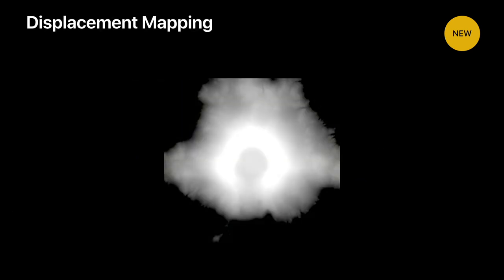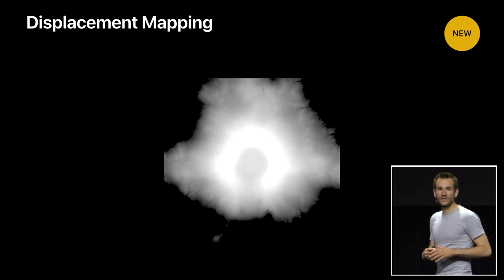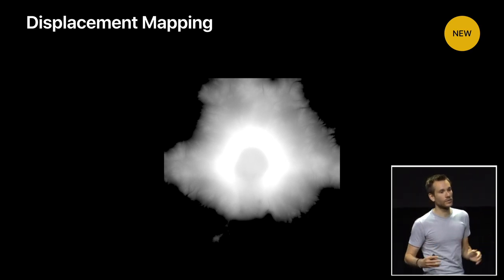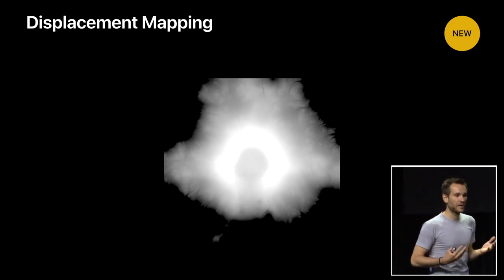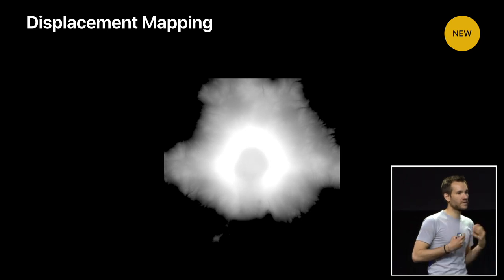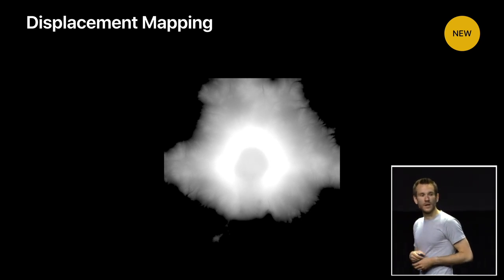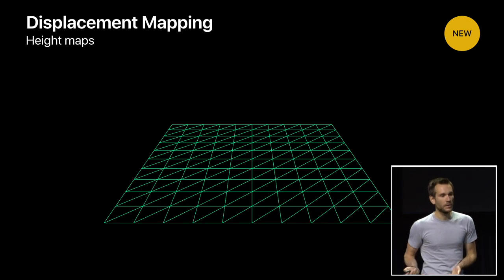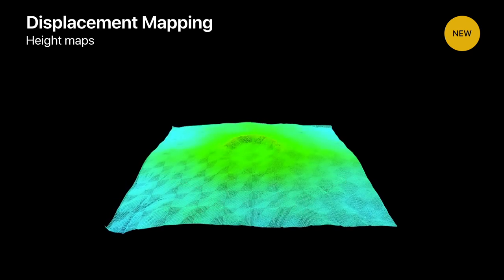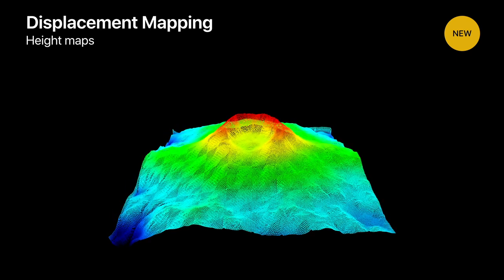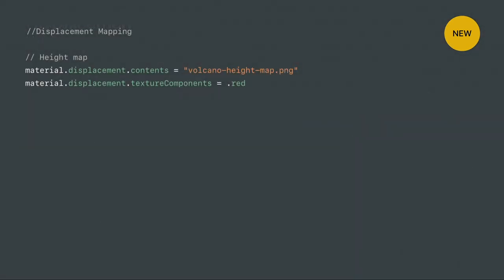Another effect that you might have heard about, displacement maps and height maps. So what's a height map? A height map is a grayscale image that stores the elevation or altitude of any point on the surface. This technique is commonly used for effects such as terrain rendering, so let's take that as an example. We start with a plane that we tessellate and that we deform using the height map. So it's a really simple example, but it's highly effective. And the API is really simple too.